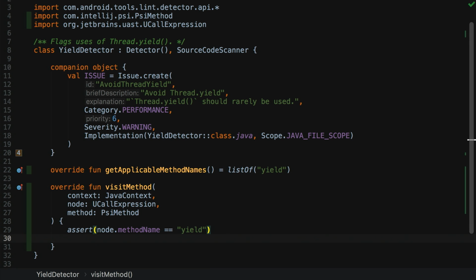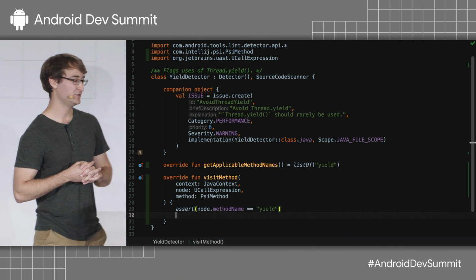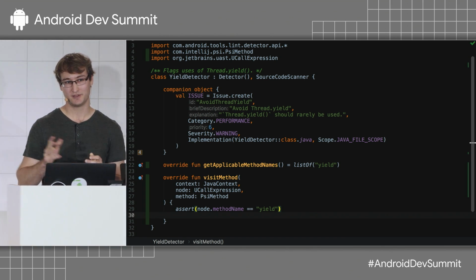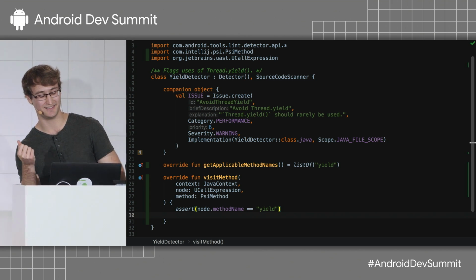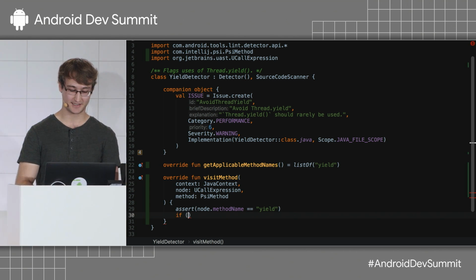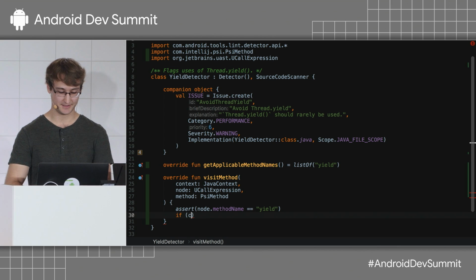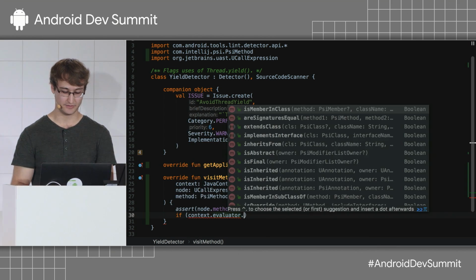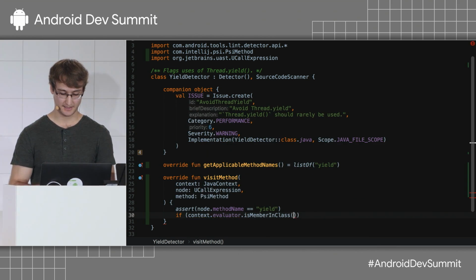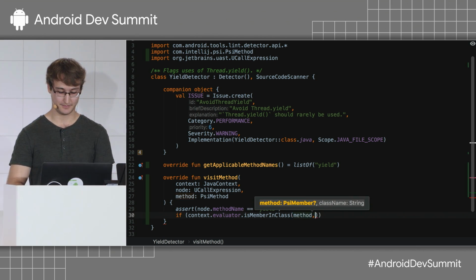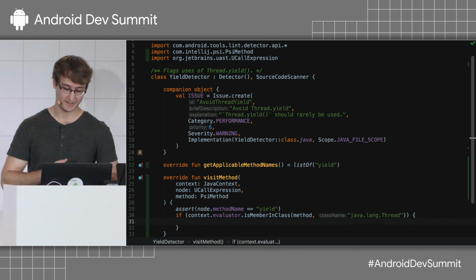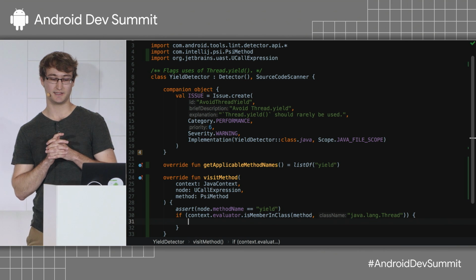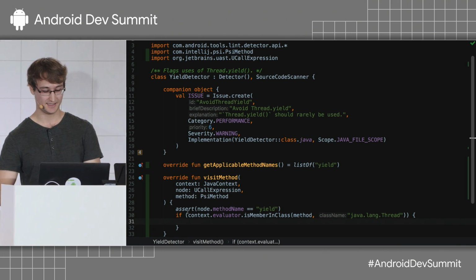So this should always be the case. And then because we have type information, we can do due diligence and make sure that we don't have a false positive here. Because maybe there's another class with a function called yield, and we want to make sure that it's actually the java.lang.Thread.yield. So here we're going to check. We have some helper methods. I'll type it out. If you look at the evaluator, you can say isMemberInClass. We're going to pass it the resolved method node, and then we're going to give it the class name, so java.lang.Thread. This just means, if this method that they're calling is actually part of this exact class, then we can report